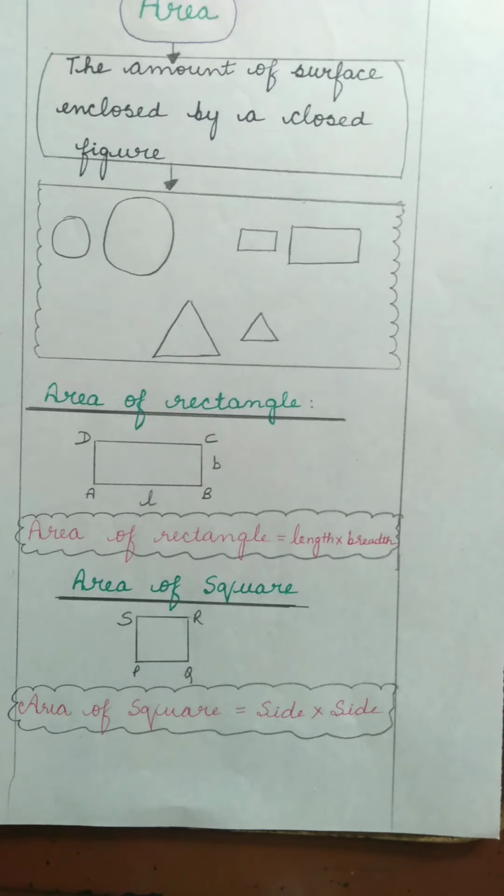Area is the amount of surface enclosed by the closed figure. We have the perimeter, that is the distance covered along the boundary forming a closed figure when you go around the figure once. We have studied the perimeters of certain shapes such as the equilateral triangle, rectangle, square, regular hexagon, regular octagon and pentagon. In area we have studied the area of the rectangle and the area of the square. I hope, children, the introduction part of this chapter on mensuration is clear to you all. The important point you need to remember in the introduction part is the formulas of perimeter and area of the different shapes. Thank you, children.